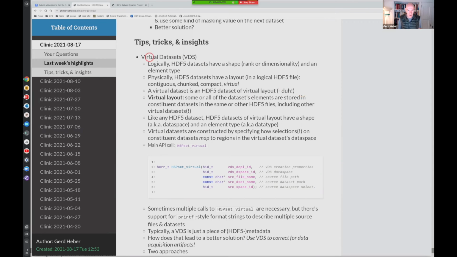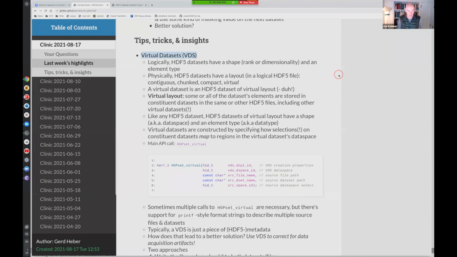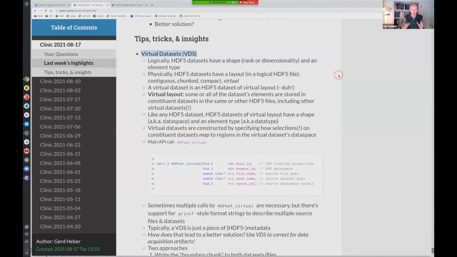And this is what we call virtual data sets. It sounds pretty complicated, but it's actually not that complicated. Okay, so taking a step back, data sets, we all understand that very well, or in NetCDF, they are called variables. And every such variable or data set has basically a shape. Some people call this rank.